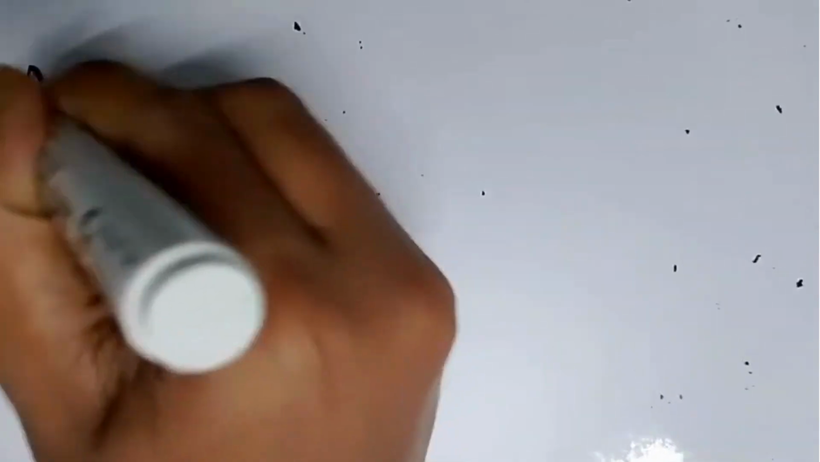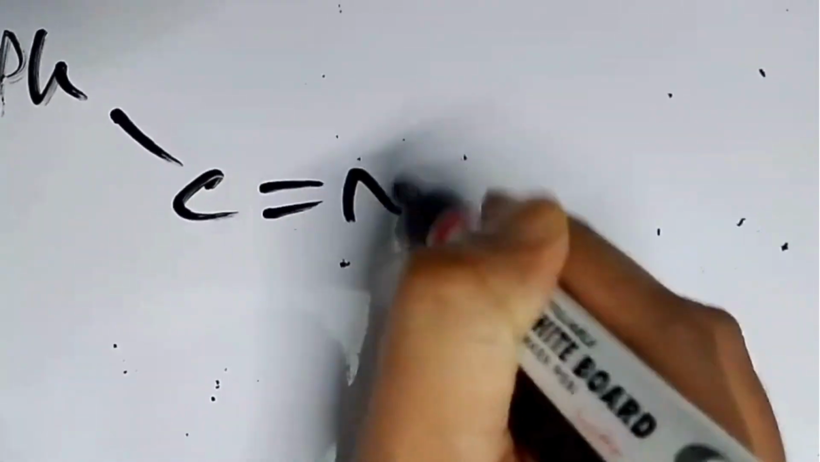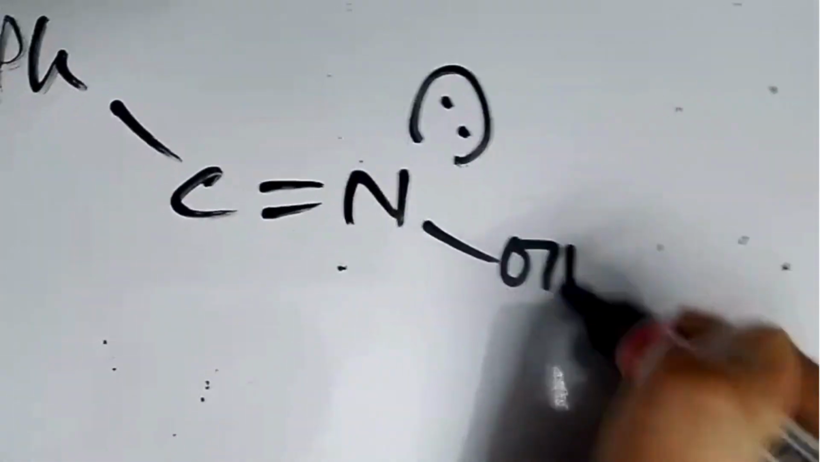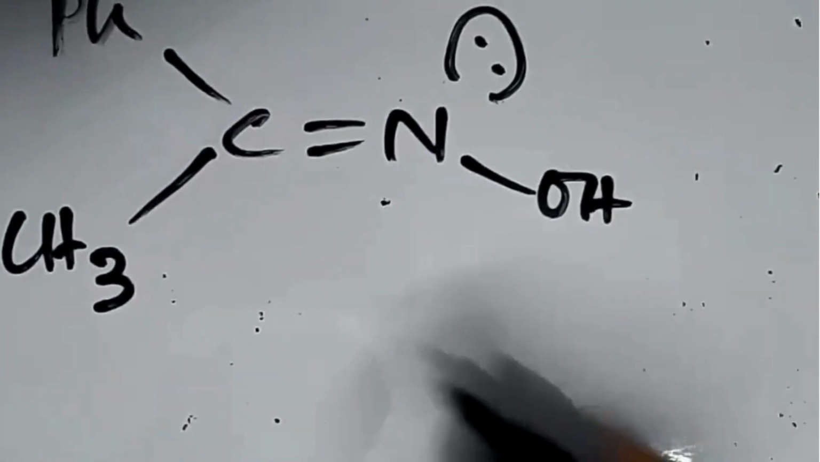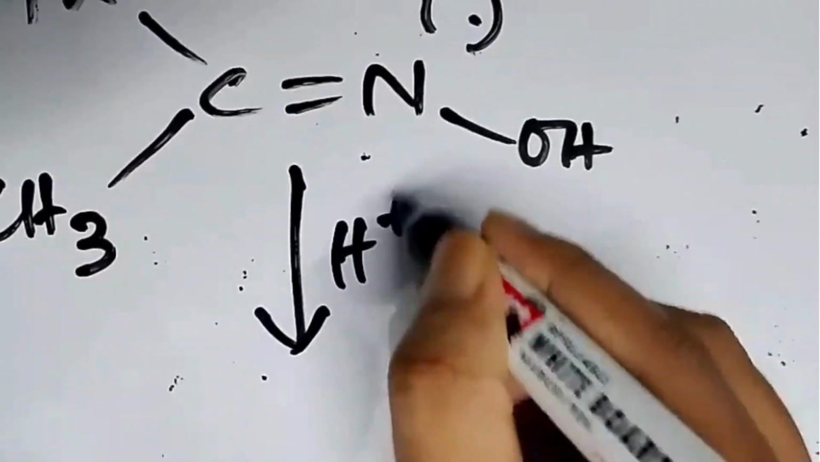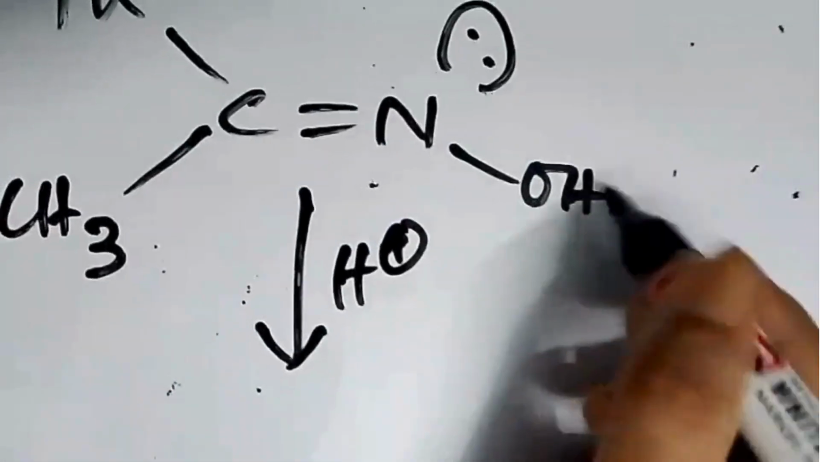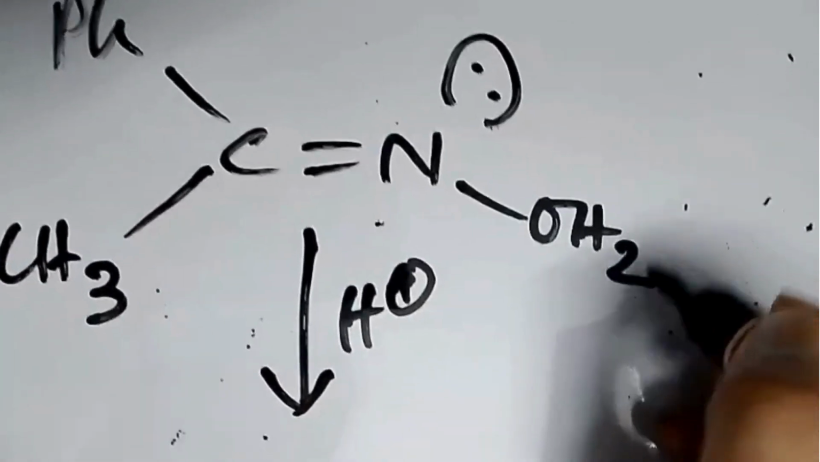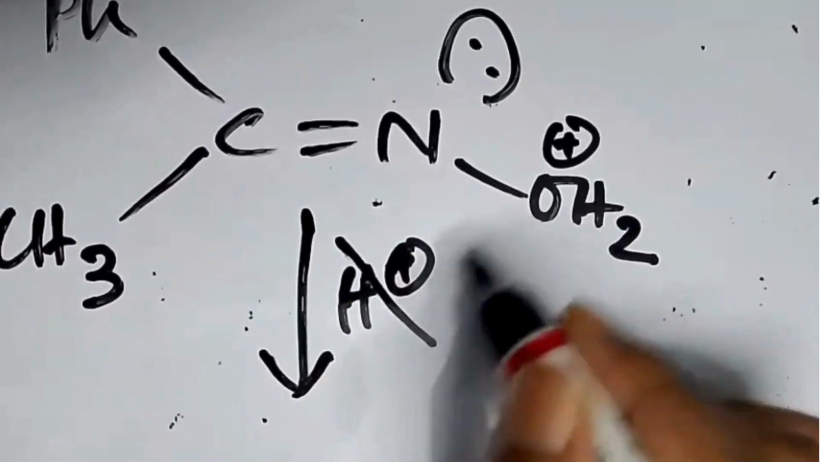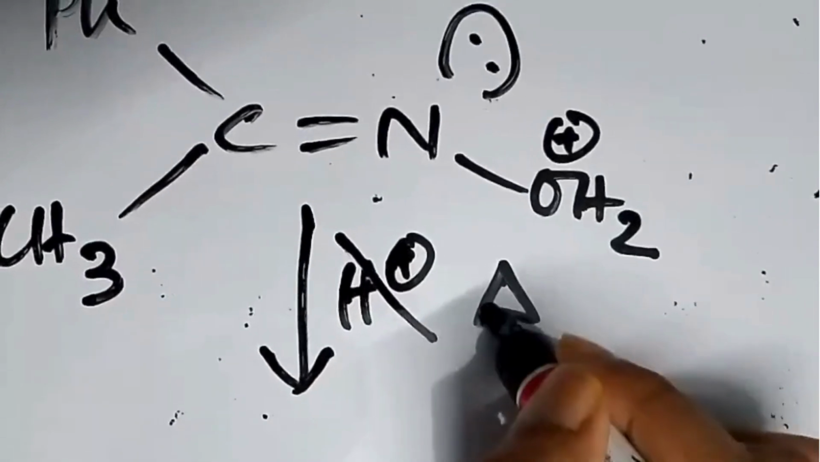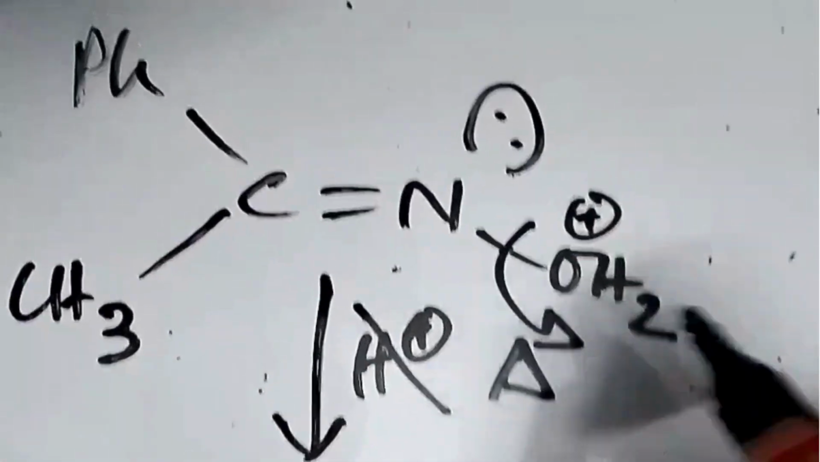And so proceeding with the question now, we have been given an example case, like Ph, C, N, lone pair, OH, and CH3. So this is the molecule that is given. The first step, it just accepts an H+, so the OH group protonates to give OH2+. The second step, with a bit of heating maybe, this OH2 group leaves, and the